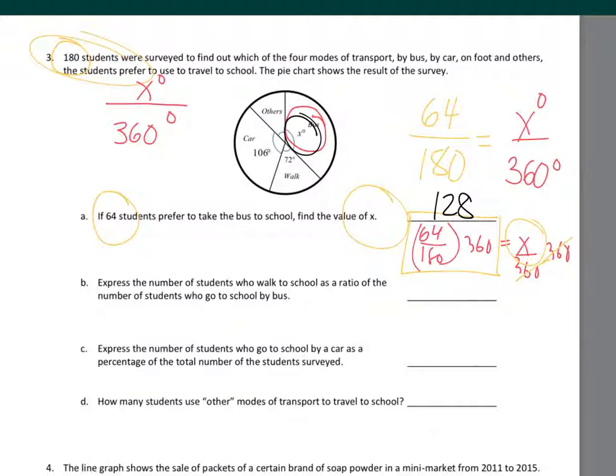Letter B, express the number of students who walk to school as a ratio of the number of students who go to school by bus. Again, you could use the number of students, or you could use the angles on the pie chart. If you look at the question, you are trying to compare those who walk to school and those who take the bus. So walking will constitute 72 degrees, while taking the bus is x degrees,